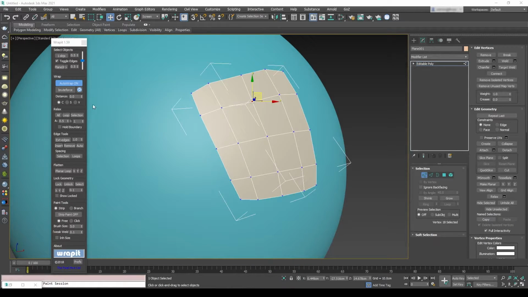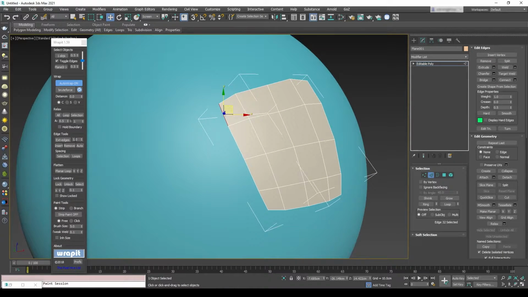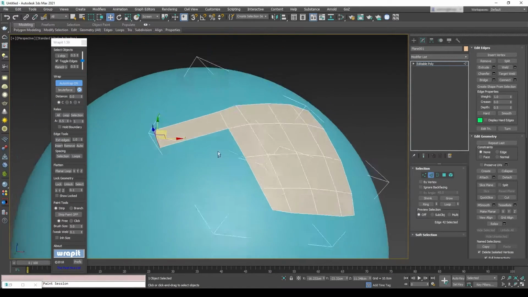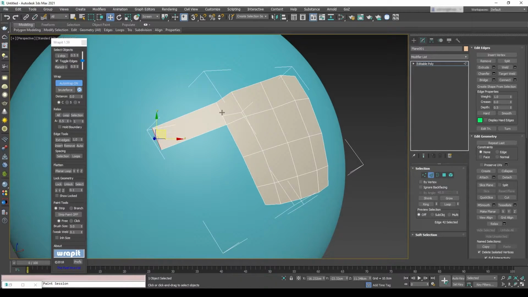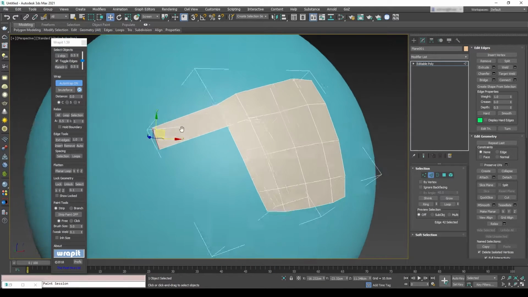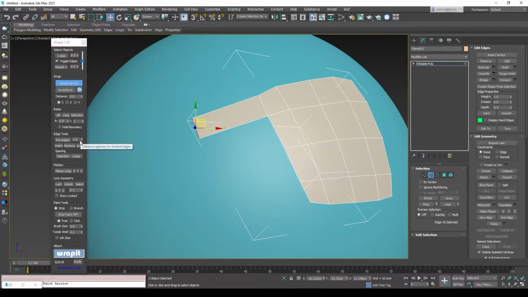Now within Edge Tools, first of all we have something called Extend Edges. What that does is, if we select an edge and hit Extend Edges, then what you'll see is it's a bit like Shift, Drag, Move an edge. It will extend it out along the surface for this value. So if I turn this value down to something a little bit smaller and extend,